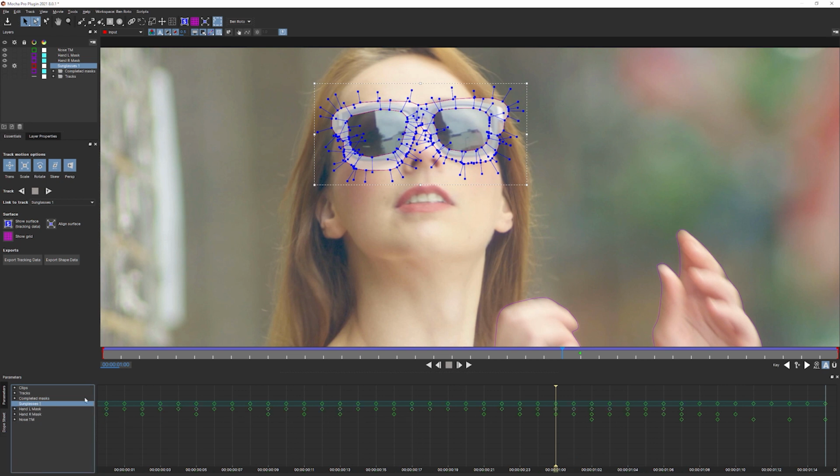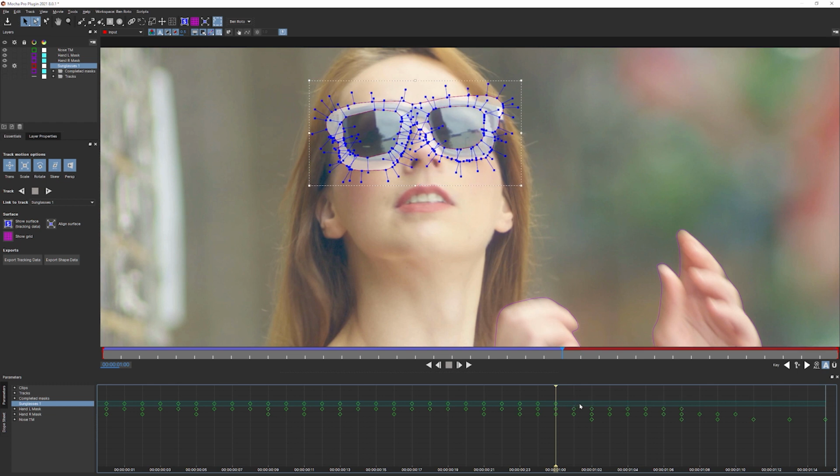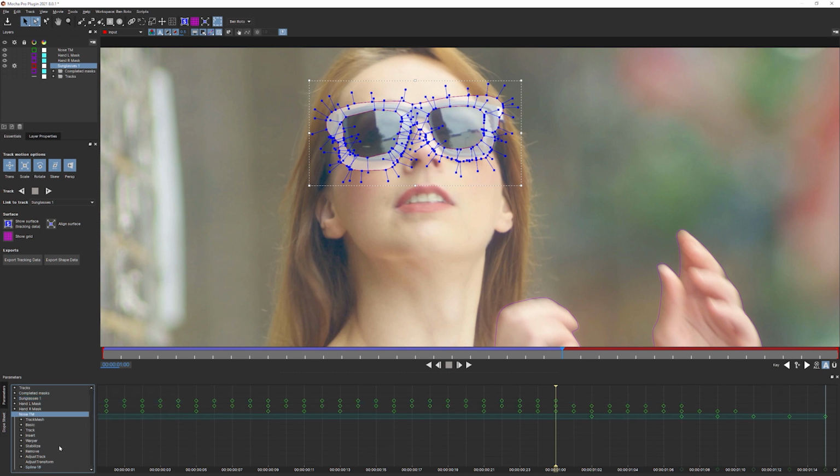We can open these up and see lots of different information about the keyframes that we've added. I don't really want to worry too much about that, because what we've got at the top of the dope sheet are all of the keyframes. If I select all of these and go delete, making sure I'm on the sunglasses layer, that's going to get rid of all of the keyframes that we've added for all of the parameters along the sunglasses. Because we haven't added anything other than the tracking data, this works out perfectly. Just know that if we had shape data added in here, like if we open up my nose track matte, we can come down and see the spline control points.